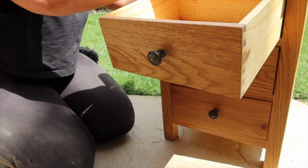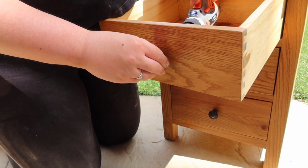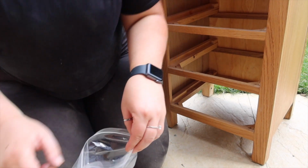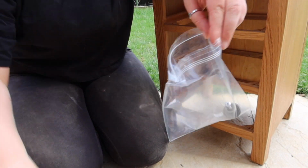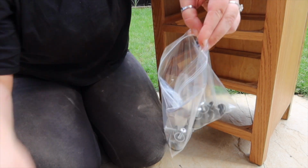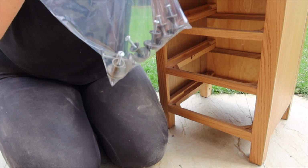Once I'd done that, I took all of the hardware off of the drawers. It's not quite the right style for this room. Once it was all off, I put it in a little plastic bag and zipped it shut, because although they're not right for this project, doesn't mean they won't be right for another one. I may be able to upcycle these in the future, so I wanted to make sure they were nice and